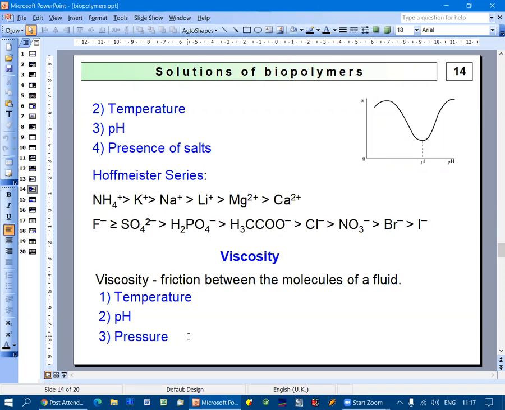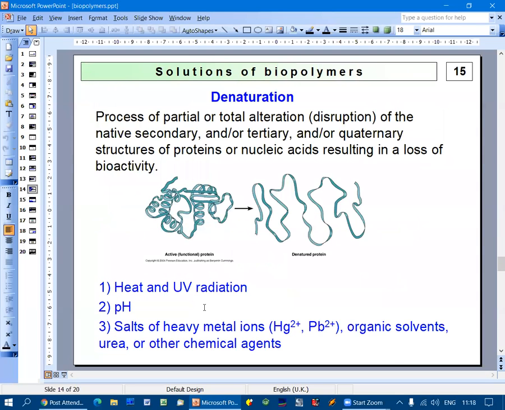One more stage in the process of dissolution is swelling, and this, well, strange dependence of viscosity on pH and pressure. Temperature, of course, will decrease the viscosity. Now, the